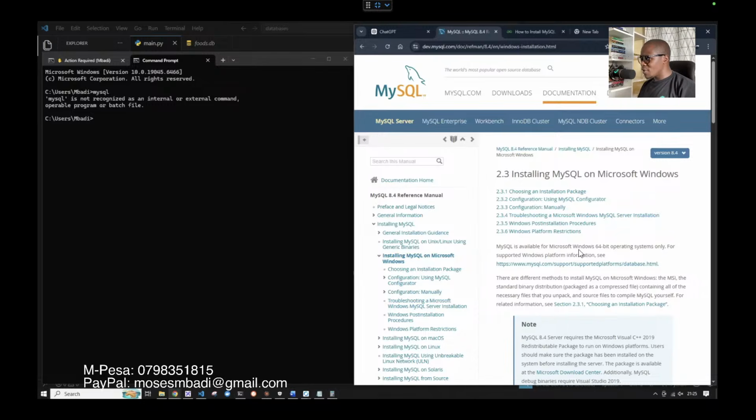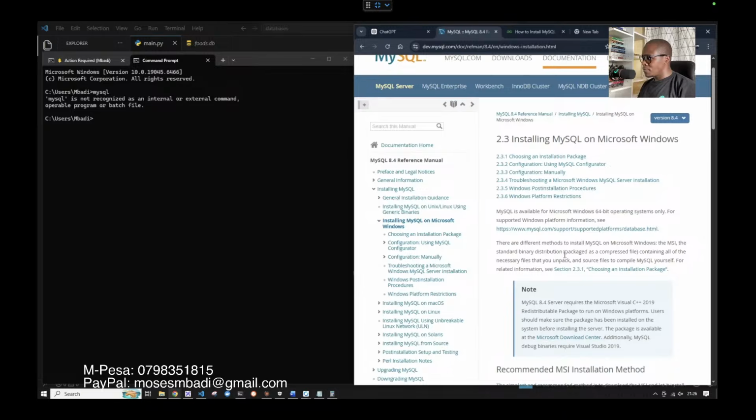MySQL is available for Microsoft Windows 64 systems only. For supported Windows platform information, see that. There are several methods to installing MySQL on Microsoft Windows. The MSI, the standard binary distribution package, as a compressed file containing all of the necessary files that you unpack,